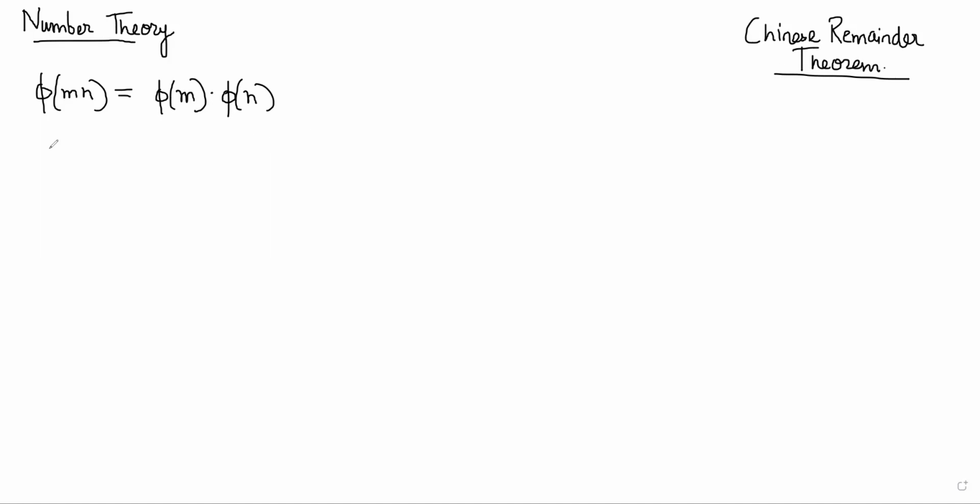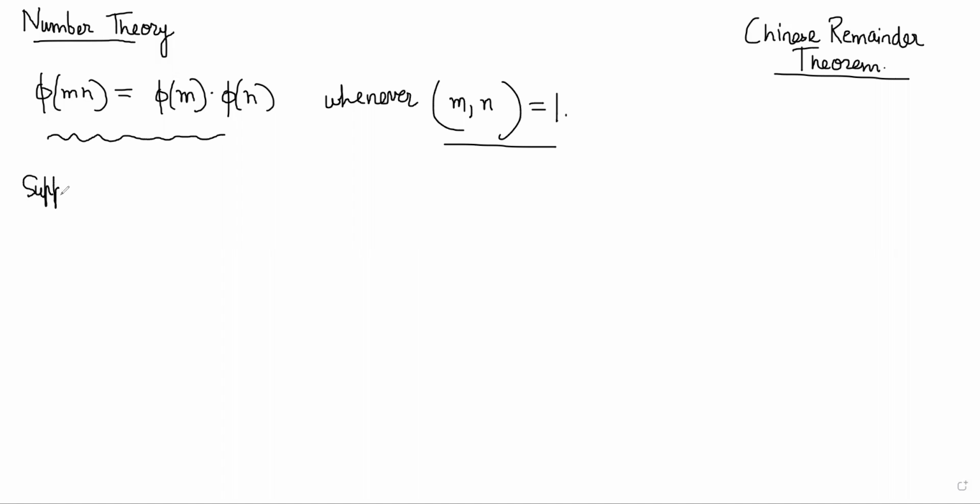So we want to prove this whenever M and N have GCD 1. When M and N are co-prime, we want to prove that the phi function is multiplicative. So let's do this. The theorem says, suppose M and N are relatively prime,